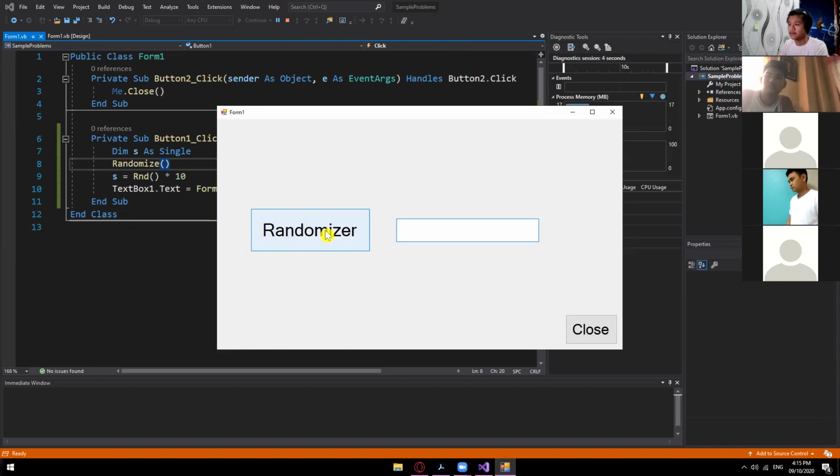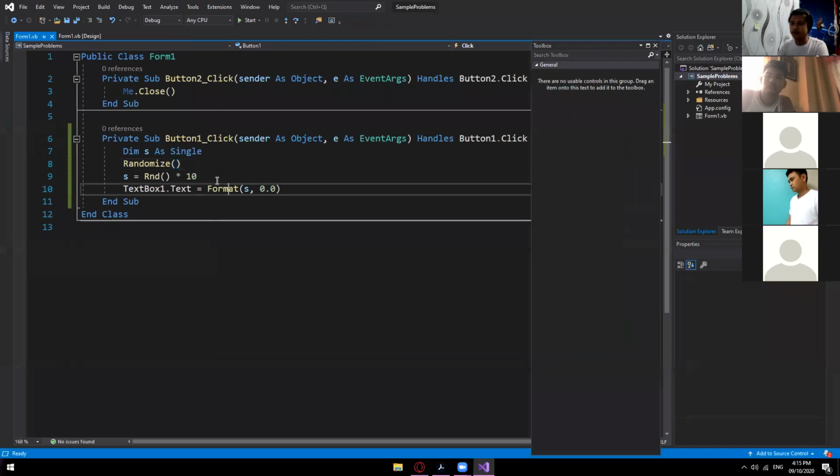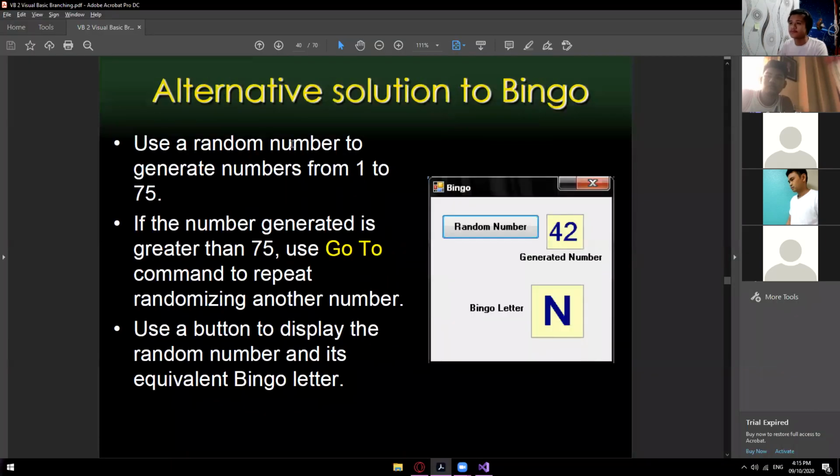Okay? So di natin alam. So yan, 3 na. 1, 9, 3, 8, and so on and so forth. Okay. So, di na natin alam kung ano yung value na magpapakita. So, yan. Legit na siya as a randomizer. So, double random. Okay? So, kapag meron ka na ng randomizer, of course, useful na siya para sa bingo game